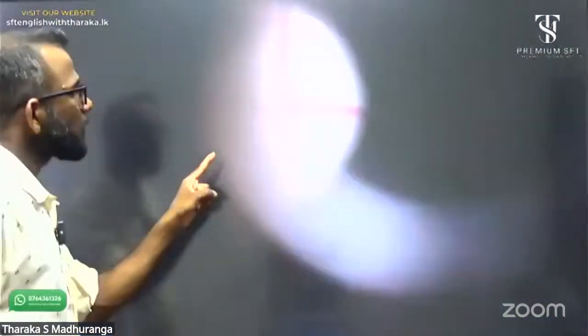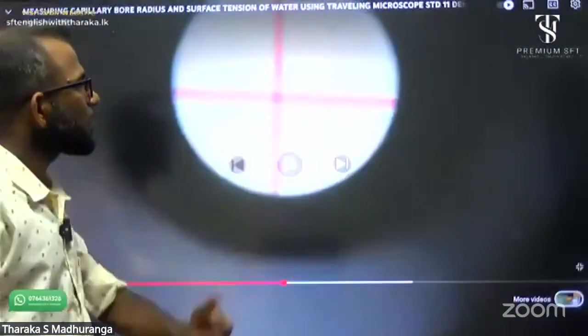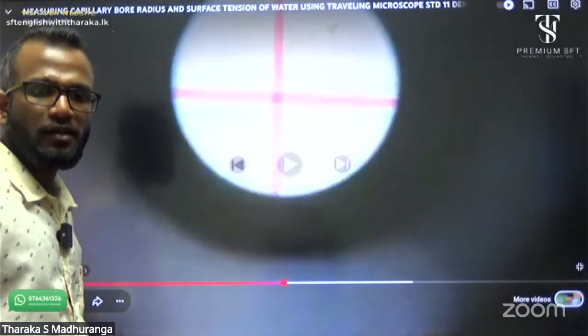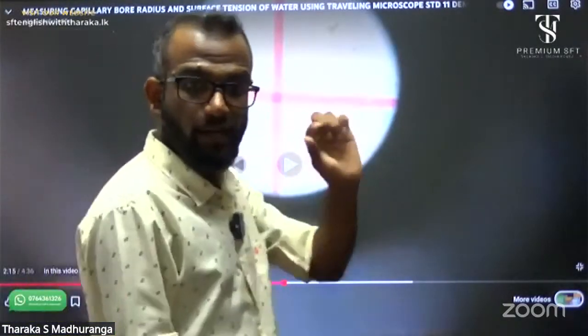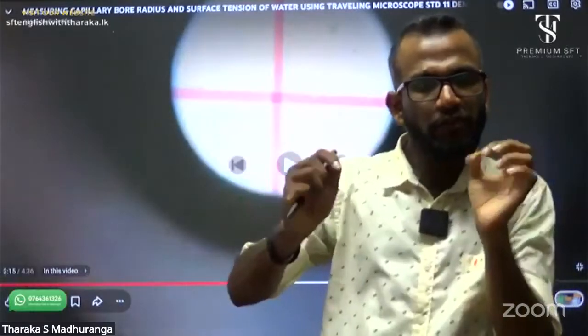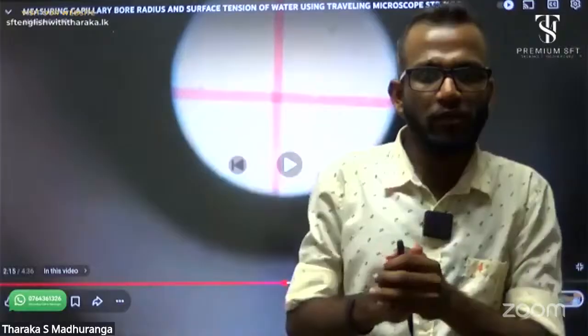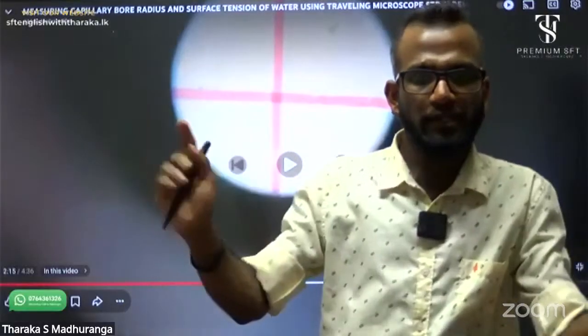Adjust the capillary circular bore. Can you see the cross lines? The crosswire of the microscope. Yes, they are the cross lines. I told you, red color cross lines we can observe when it is focused. We can very clearly see these cross lines with the object. Then we can move